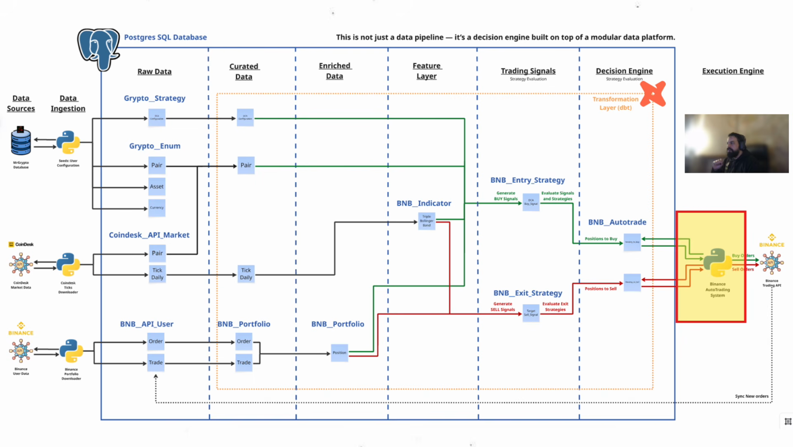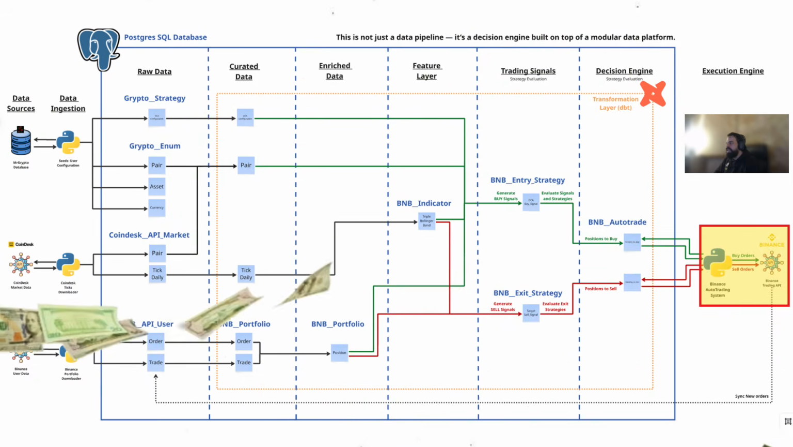It does not perform complex logic or calculations, but instead, it consumes already computed signals and translates them into concrete orders. If the conditions defined by the strategy are met, the engine sends the corresponding buy or sell order to the exchange using the Binance API. This layer is critical because it is the point where the system interacts with the real world, turning data-driven logic